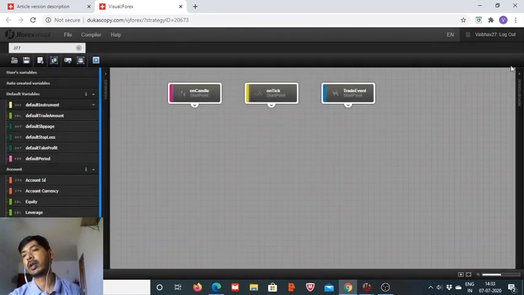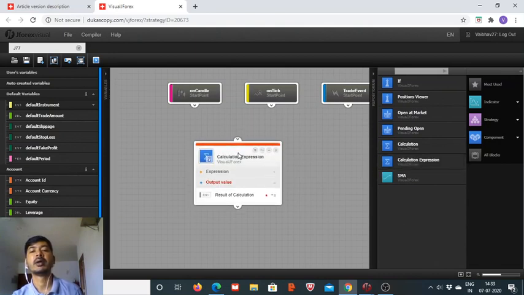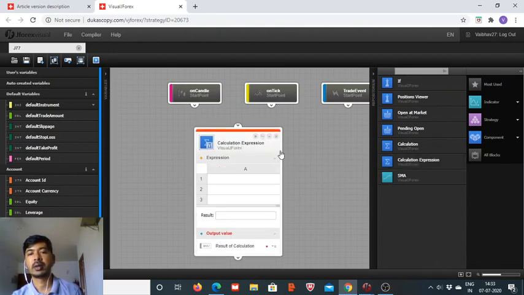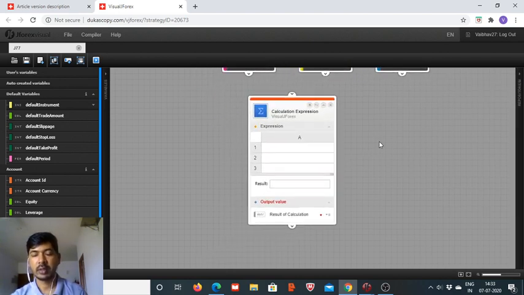calculations you will be doing here, if we take the calculation expression, then its inbuilt data type is double. The output is generally, if you take a pip size, if you take